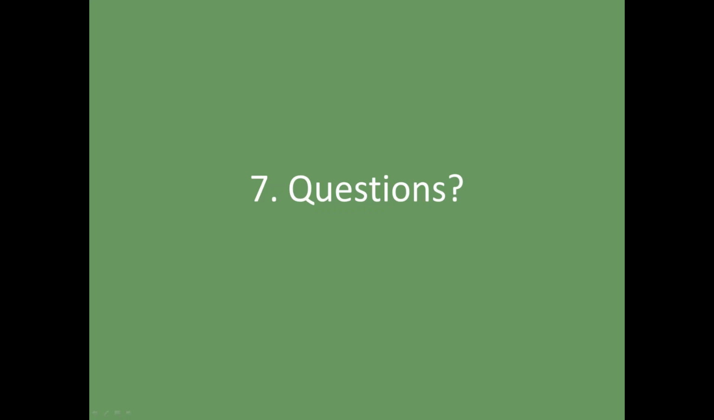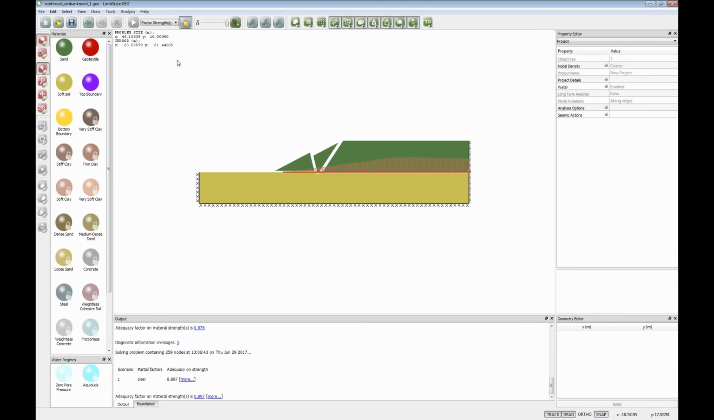Okay, so question: when solving the problems, the white lines showing potential slip surface touch the boundaries. Does this mean you need to extend the boundaries? Generally that is true. So if I put up the software here,